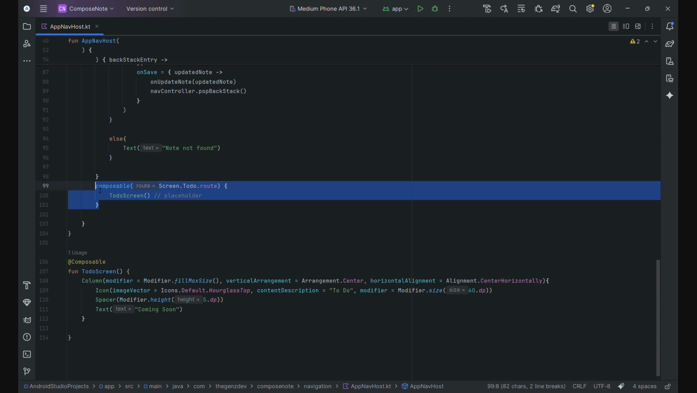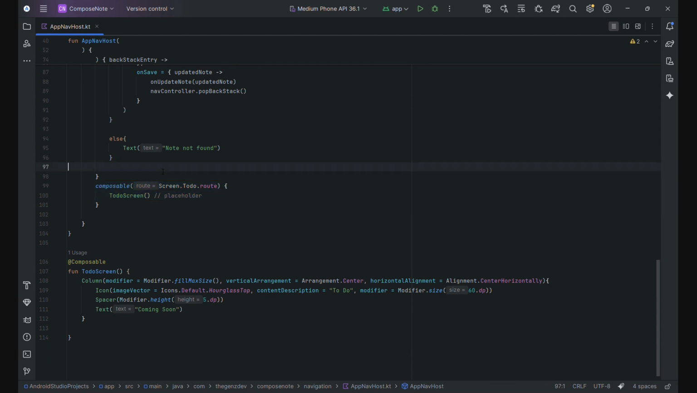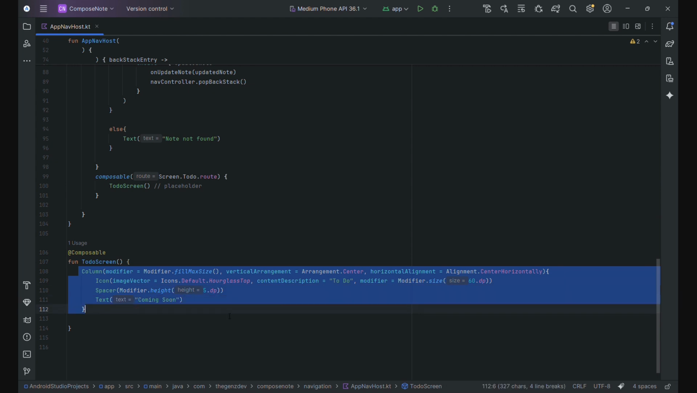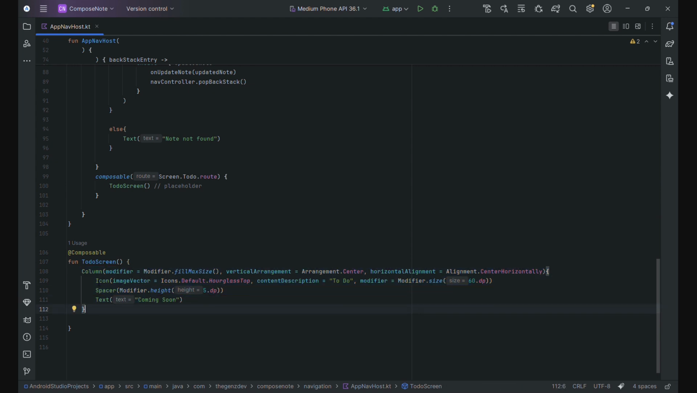Also, we're going to have this composable as a route for navigating through the app. We're going to have this to-do app route, which can open the to-do screen composable. So in the to-do screen composable, we have a column which stacks things vertically, and we have an icon, the hourglass top icon,